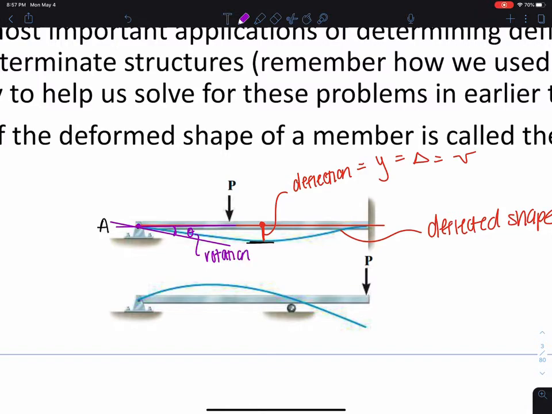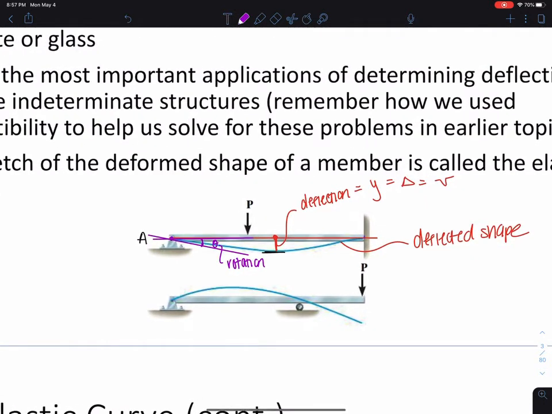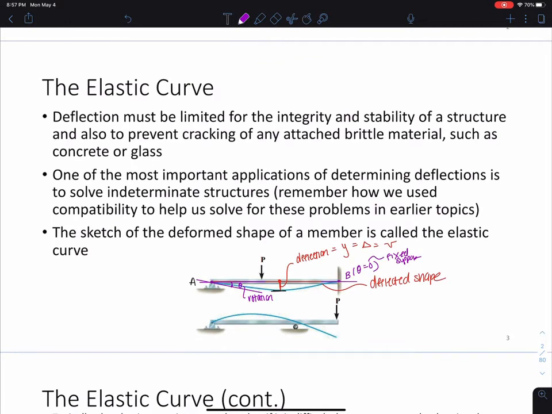Okay? You can see here, point A has rotation, but point B does not have rotation. This tangent line is the same, so theta is 0. But that makes sense, right? Because this is a fixed support. And we know at fixed supports, we cannot rotate. So it's forcing that beam to stay steady there. Okay, so you want to think about those things when you're drawing this elastic curve or drawing the